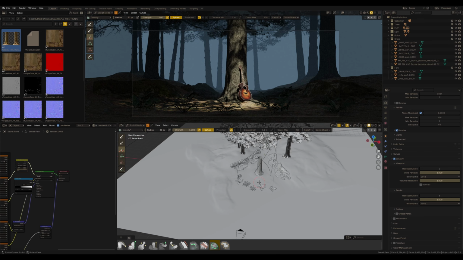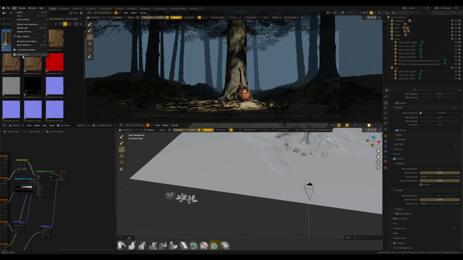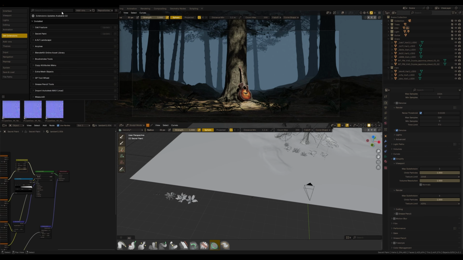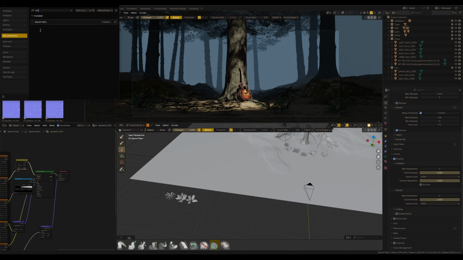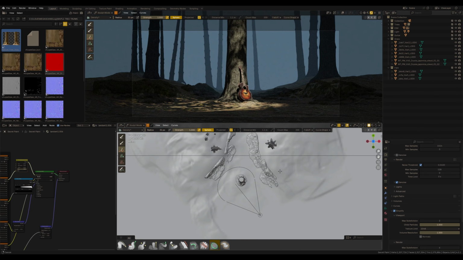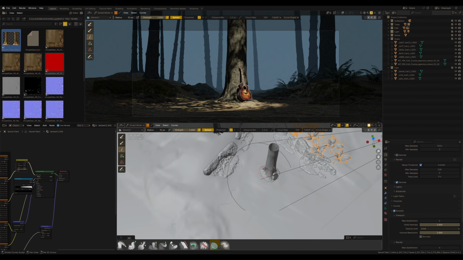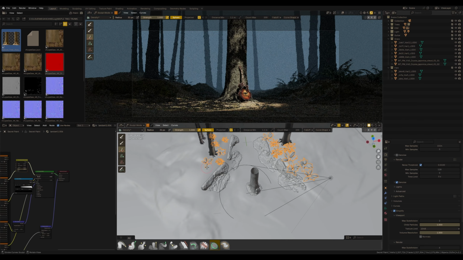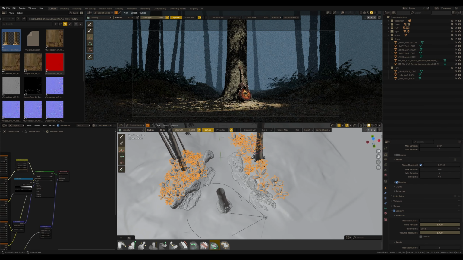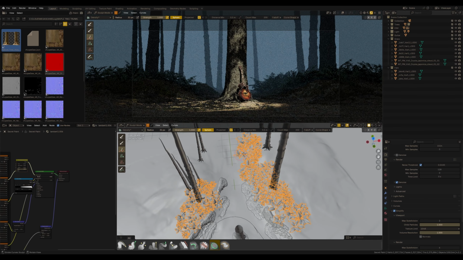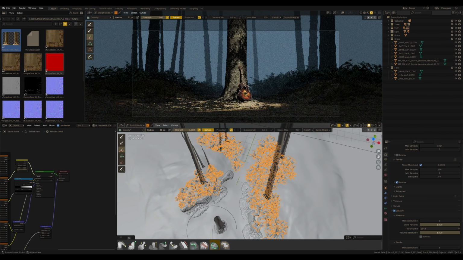Oh yeah, I forgot to mention, I'm using the Secret Paint add-on for this. It's a free Blender add-on, Secret Paint, available in Blender Extensions, and you can use it for free. This add-on lets me scatter foliage with simple brushes in Blender, and for me, it's a really fun way to place objects in the scene. I just select the model and start painting them around the scene.